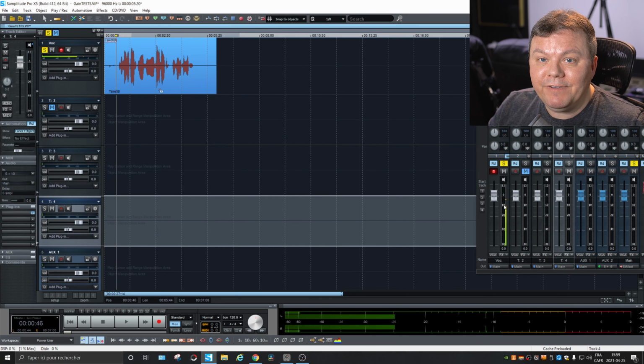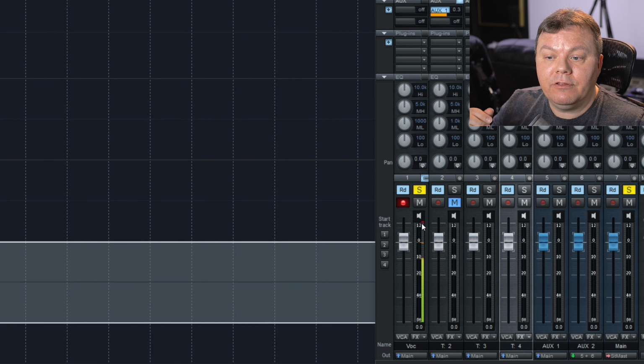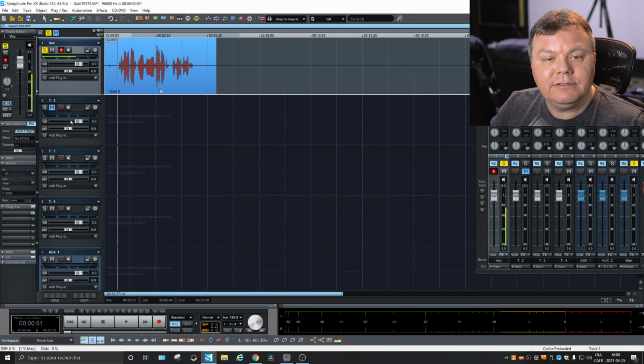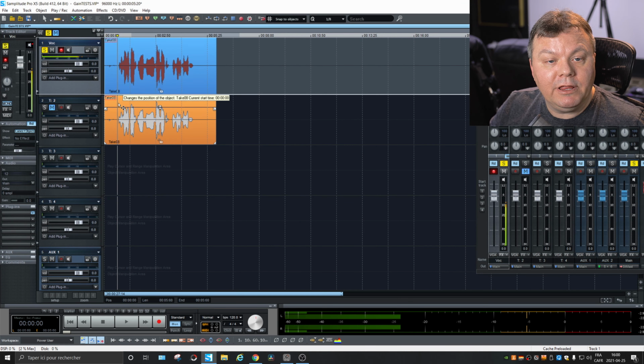So this was very loud for just one track. And you can see the level as I speak, and I just peaked. If you see the little red line there, it shows that the signal has went over 0 dB. So if we have one track like this, and if we double it,